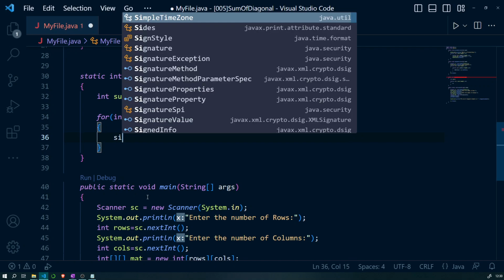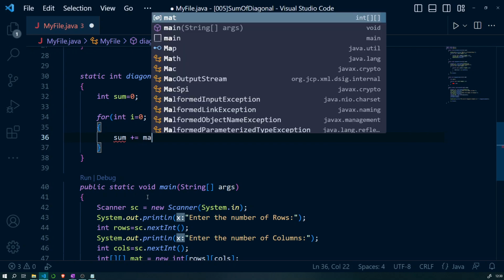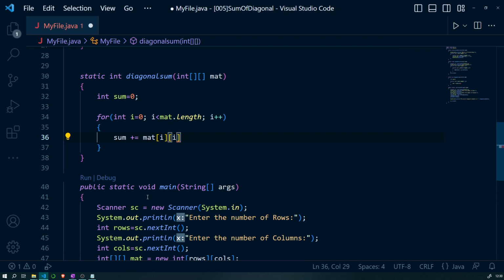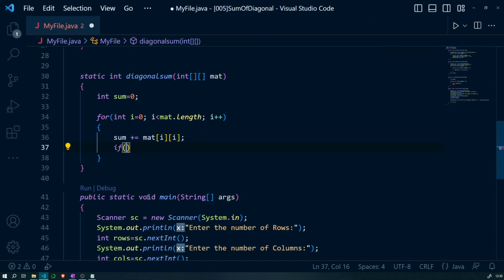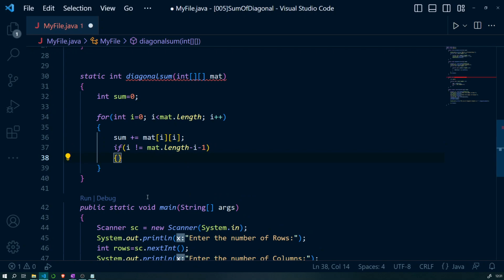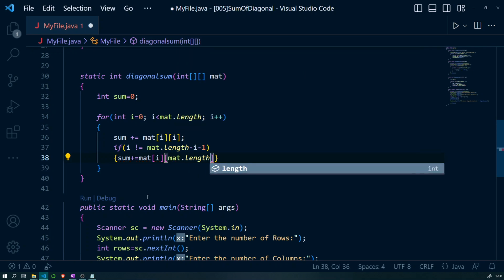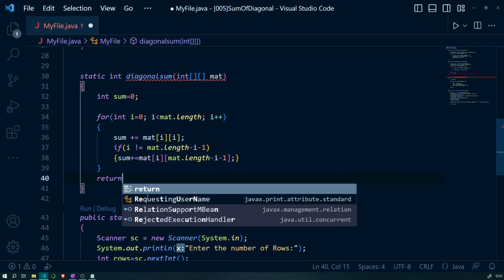then sum plus equal to mat of i. Then, if i is not equal to mat dot length minus i minus 1, if so is the case, then sum plus equal to mat of i of mat dot length minus i minus 1, and at the end just return sum.